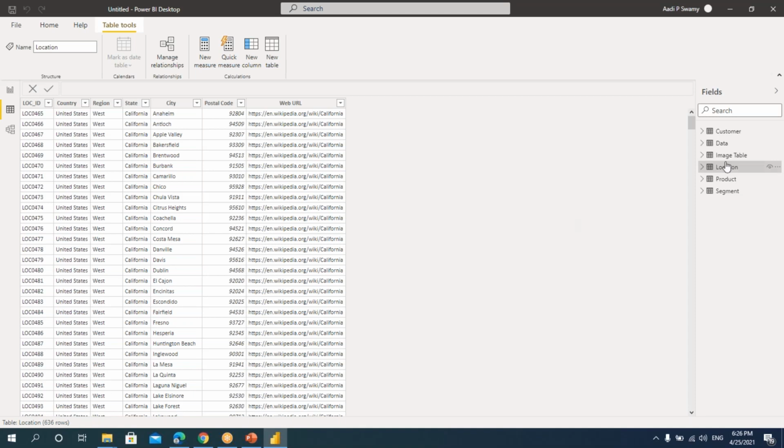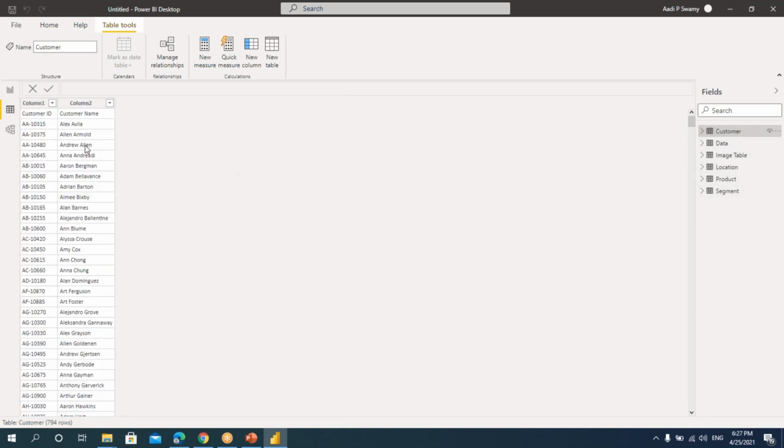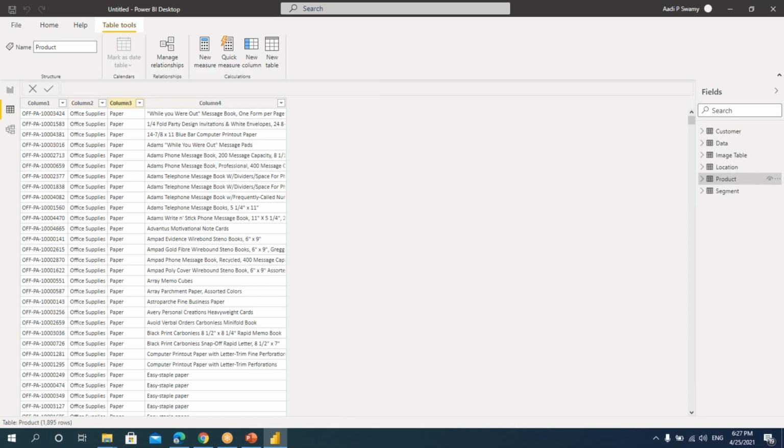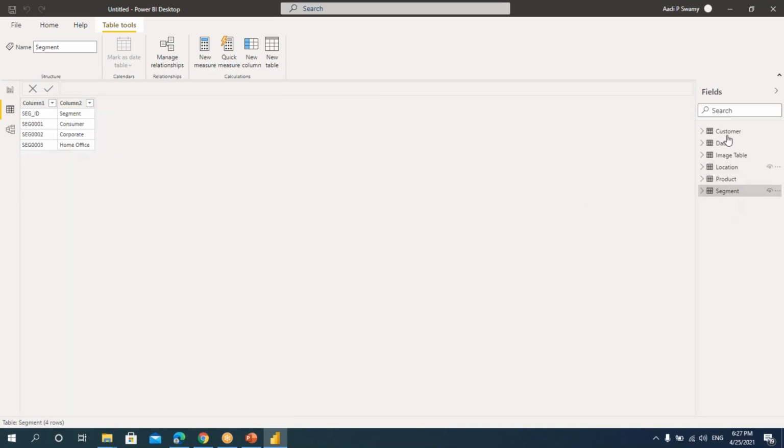All right. Now, if you see this, all the tables are there, but we had a problem that there were some tables where the headings were not proper. Let's go and check. This is proper. This is not proper. And then go to this segment. So here, this is also not proper. So what we have to do is clean this data. If you're not cleaning this properly, if it doesn't have proper column headings, what will happen?